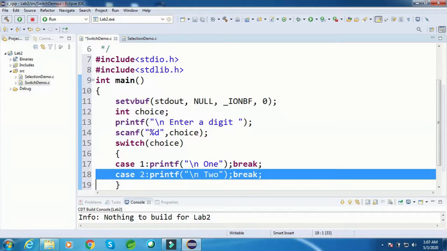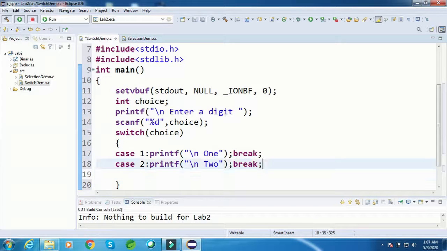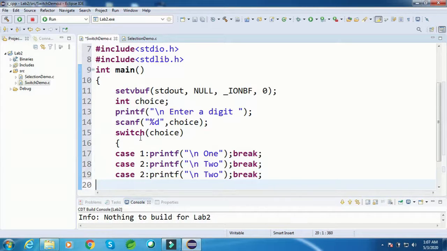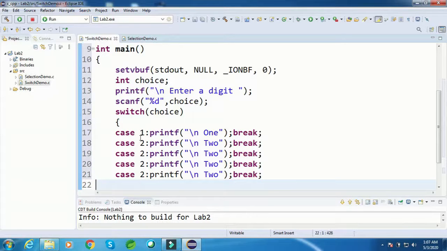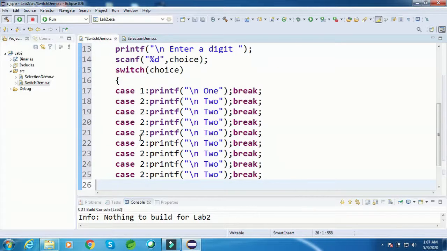In a similar way I have to create a few more cases, like 3, 4, 5, 6, 7, 8, 9. Let me just modify the code. Case 3, 4, 5, 6, 7, 8 and 9.